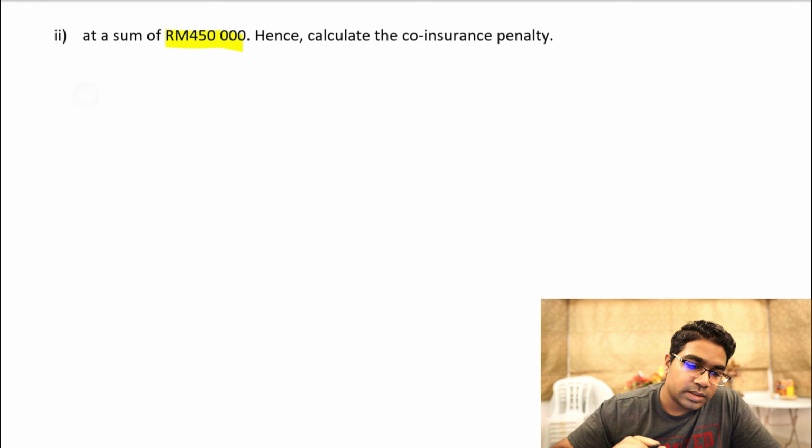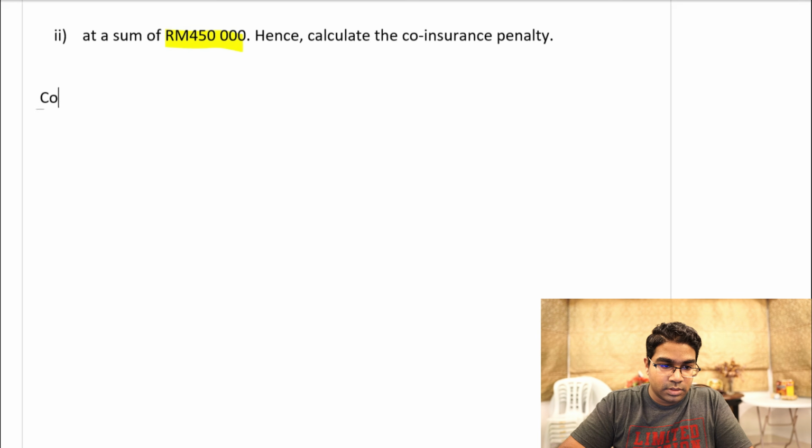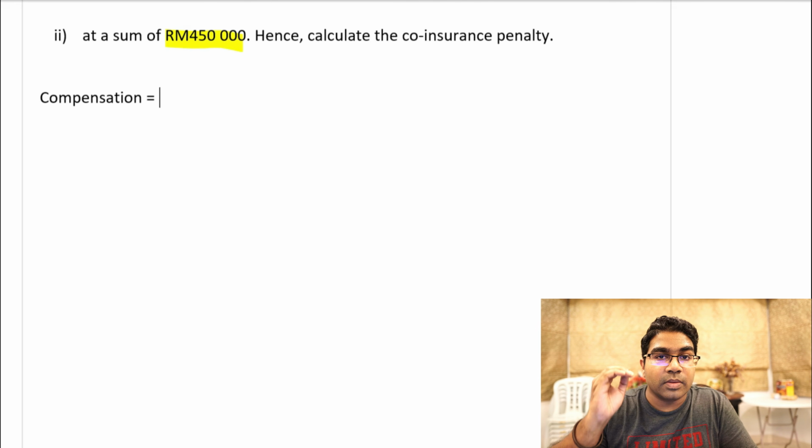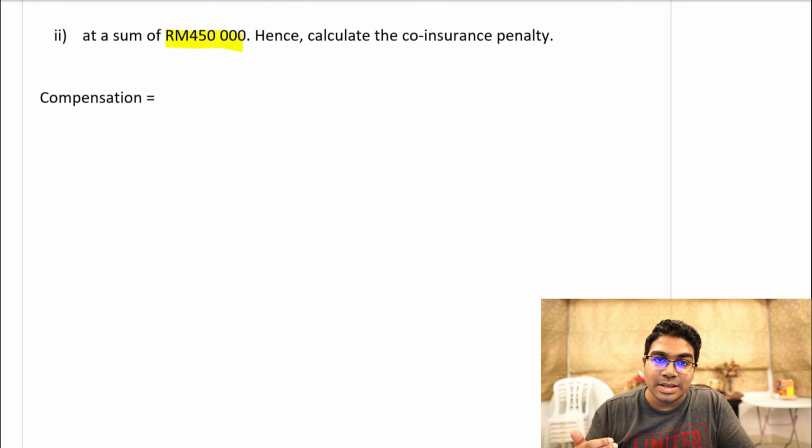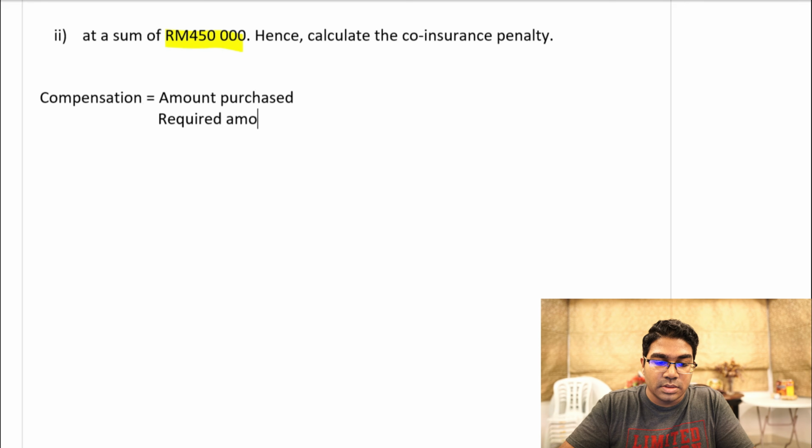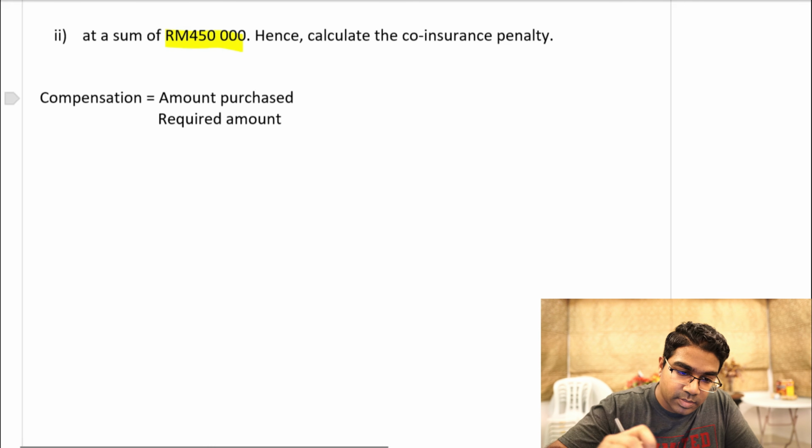So in this case, the compensation will not be a full compensation. It will not cover the full 120,000. The compensation will instead be a ratio, and that would be the amount purchased over the required amount, and this is the multiple,